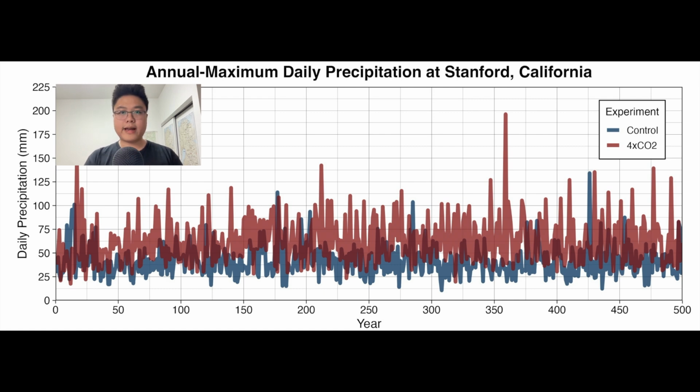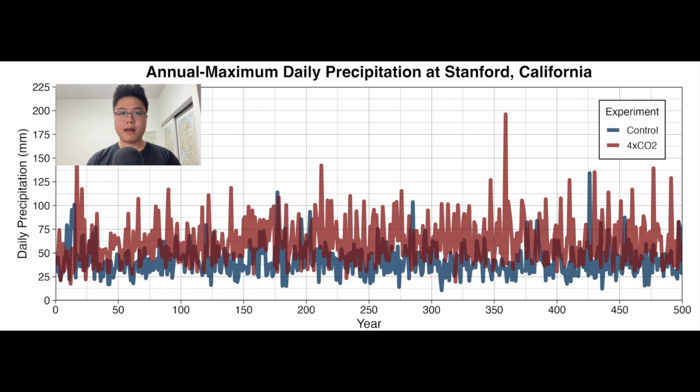Here's the result of my analysis. This plot shows the time series of the rainiest day of the year at Stanford, California. The blue is the control experiment and the red is 4 times the CO2. You can see that by quadrupling the carbon dioxide in the atmosphere, the rainiest day of the year increased from 40 millimeters per day to around 70 millimeters per day. Although this is a small increase, it still shows that there is a response by the climate system